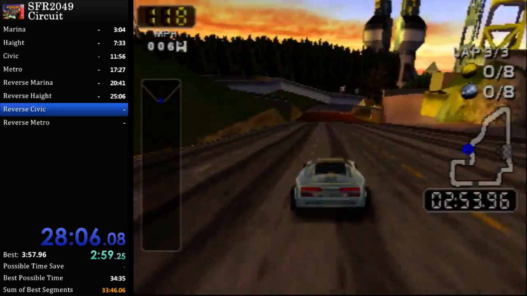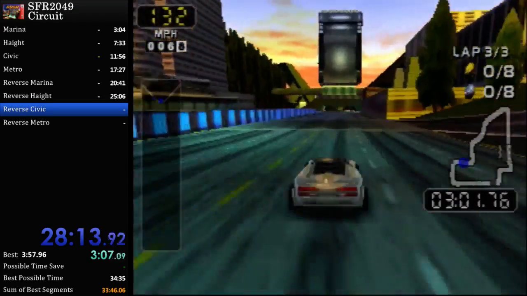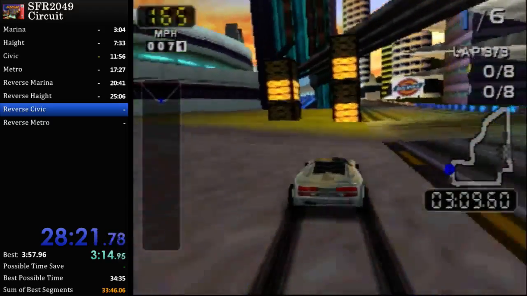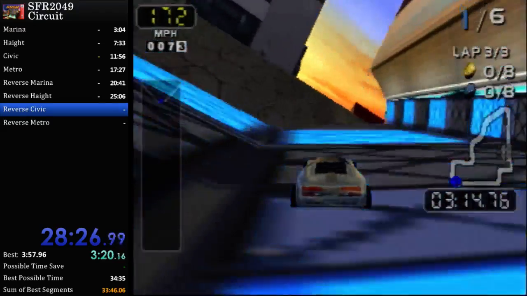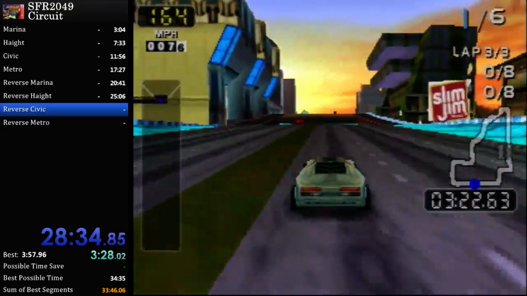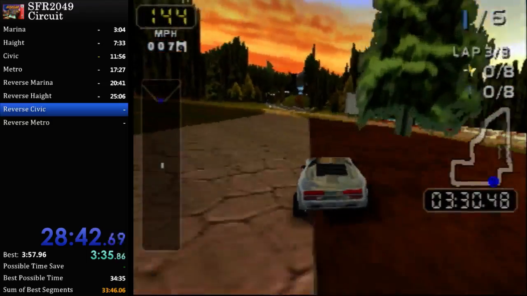Reset. Re-enter the tunnel. Unfortunately, we didn't get it all 3 laps. That's fine. So there's a backup shortcut. We can go back in through here. Follow the blue tunnel. Jump over the bridge. Come over here,